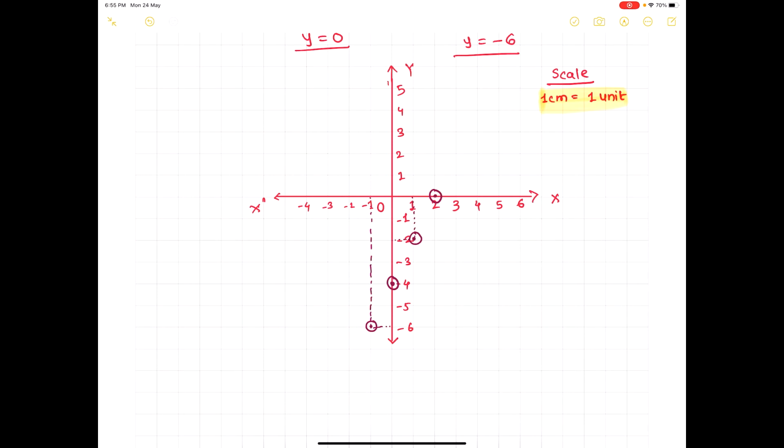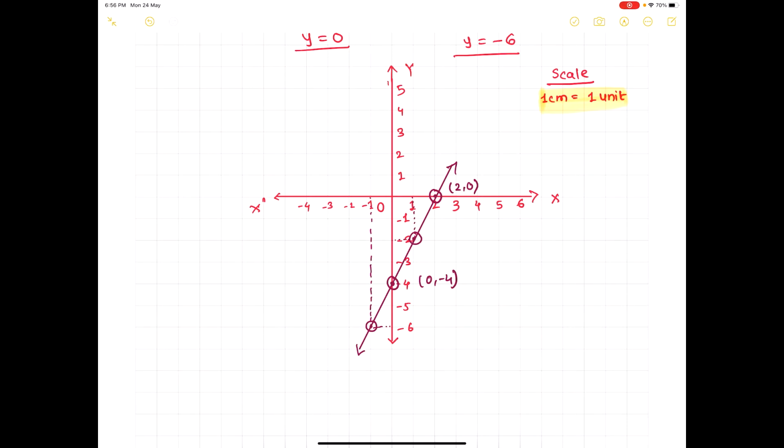Okay, so this is my line going through all the points. Here, where it intersects the x-axis and y-axis, you have to write down the coordinates, that is 2, 0 and 0, minus 4. So this is a basic we have learned in the 9th standard only. Okay, that is how to draw the graph of any linear equation.